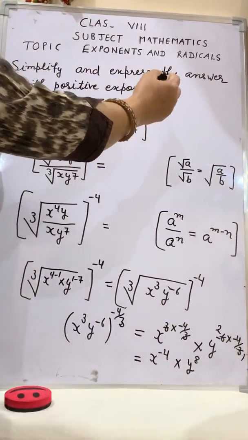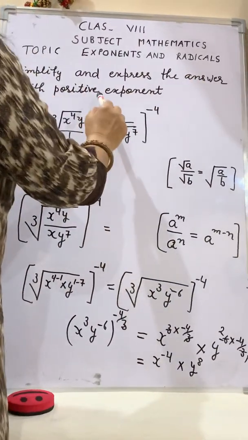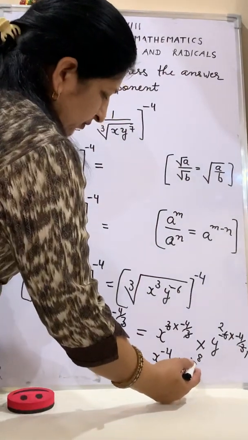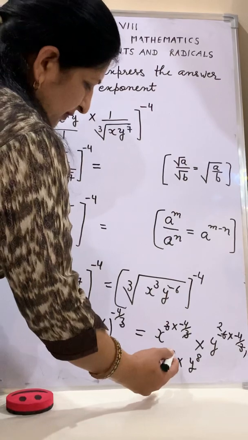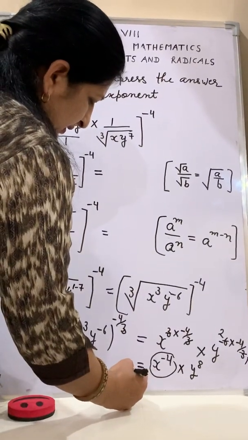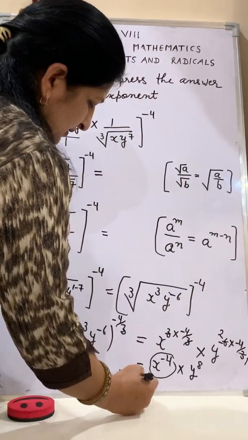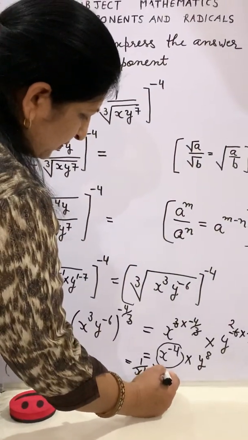We have to write the answer with positive exponent. Here exponent of y is positive but exponent of x is negative, so we will make it positive. How? We will take reciprocal of x, which is 1 by x multiplied by y raised to power 8,